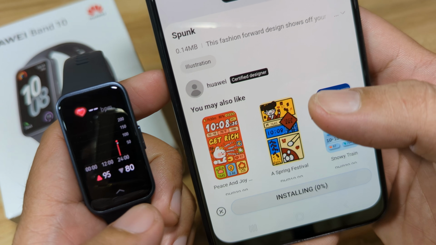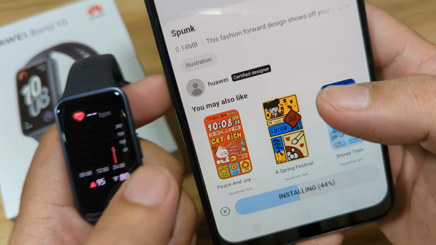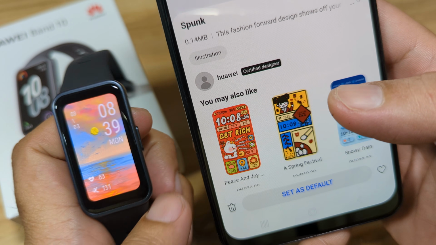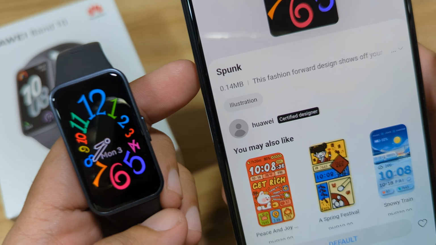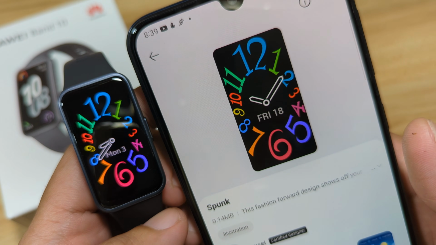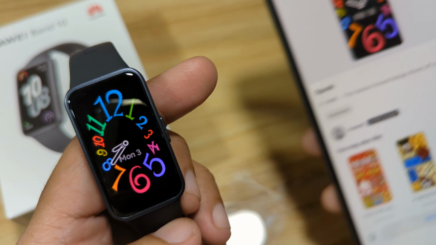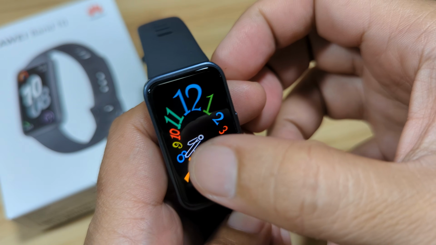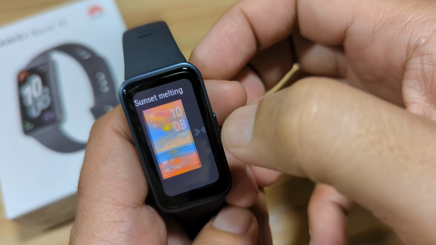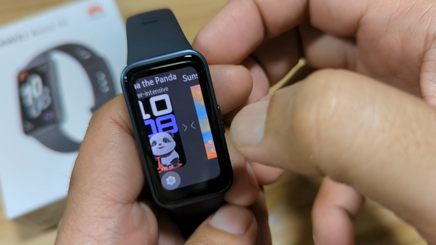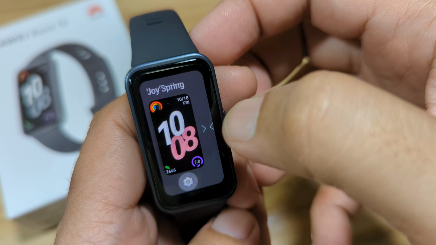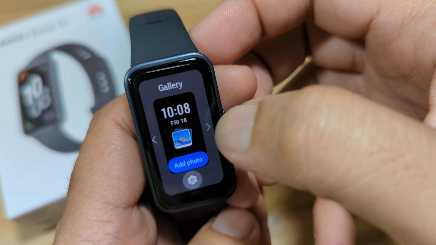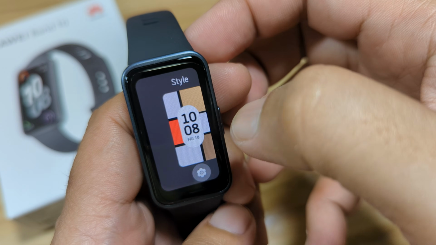It's now installing. And we have our downloaded watch face for our Huawei Band 10. So let's explore. Now we have at least another two watch faces for our wearable.